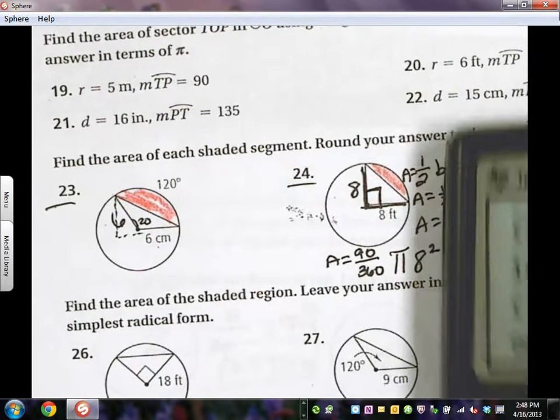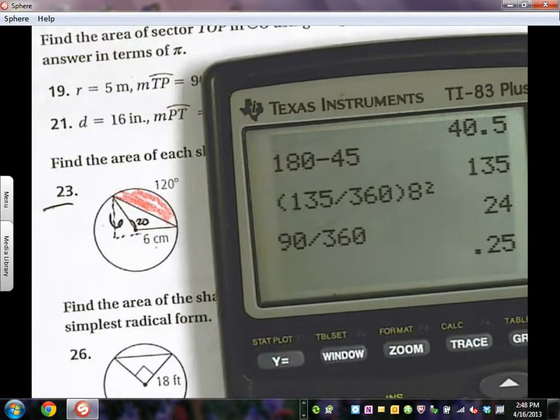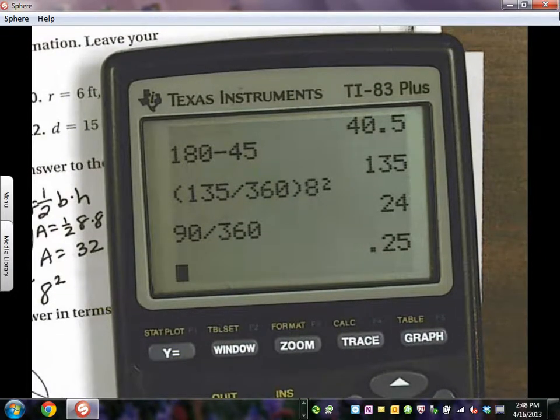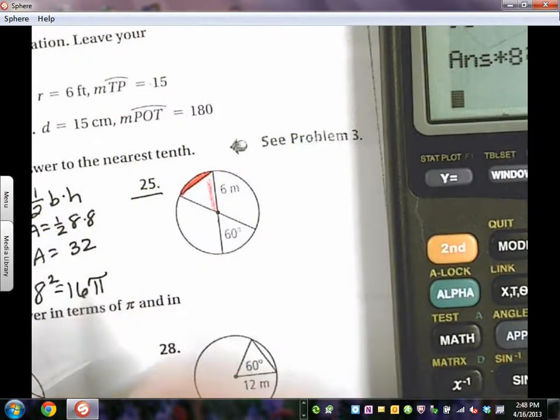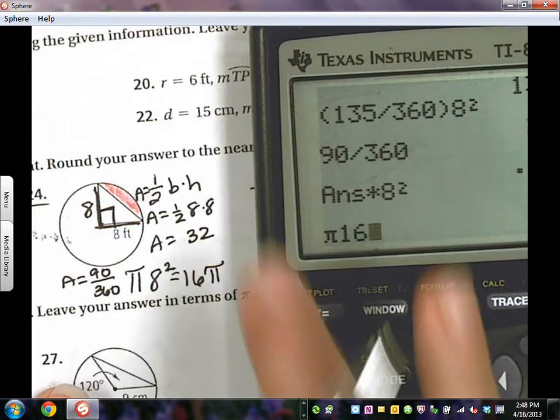And you'll notice I'm doing this a little bit different. Before I was putting it in parentheses, but you can always just calculate the fraction first and then type in the rest. So it's 0.25 times 8 squared. And so that's 16. So this is 16 pi. Now I don't know what that is in numbers, and when I'm doing subtraction I really need to do that. So if I type this, pi 16